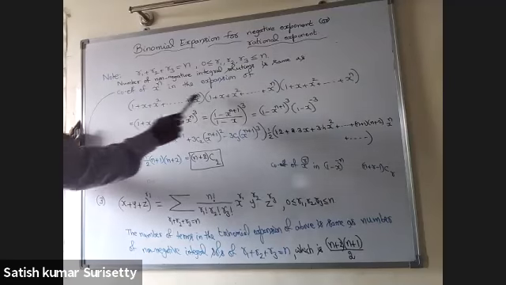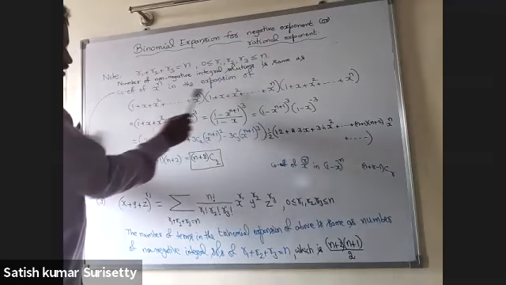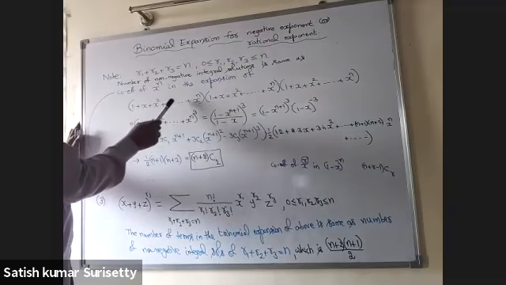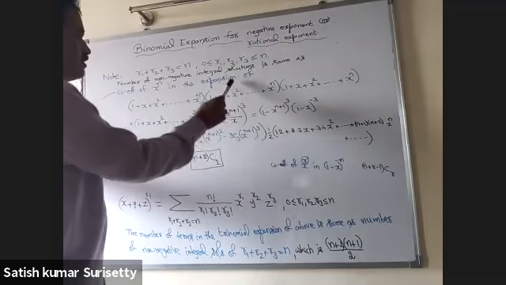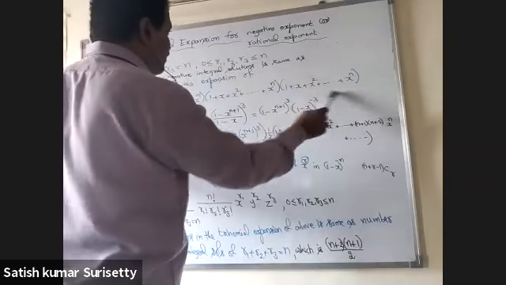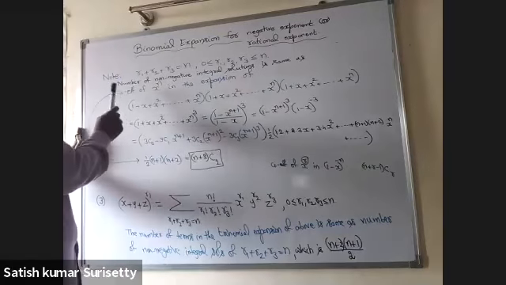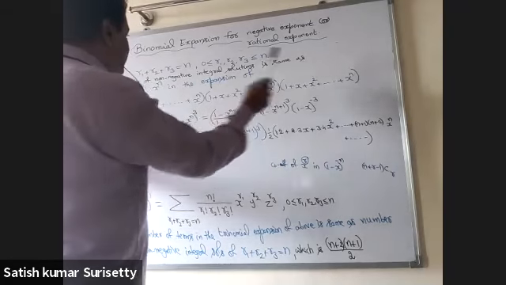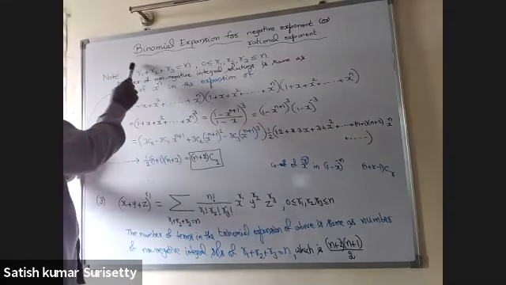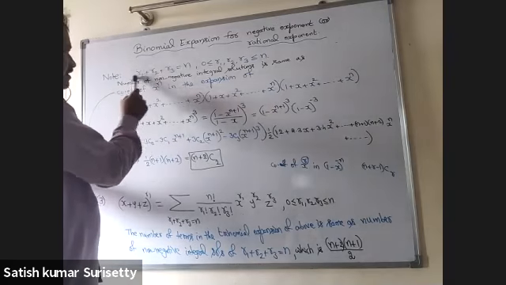Now, in this product, when we multiply term by term, we are taking here some x^r1, here some x^r2, and here some x^r3. And when we are taking the coefficient of x^n, r1 + r2 + r3 must be equal to n, which will be a solution for this equation.